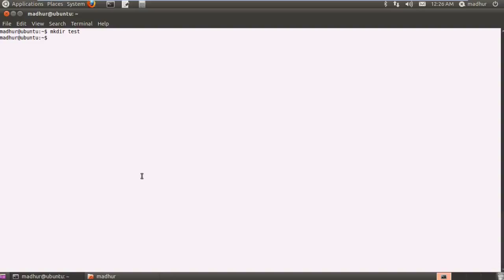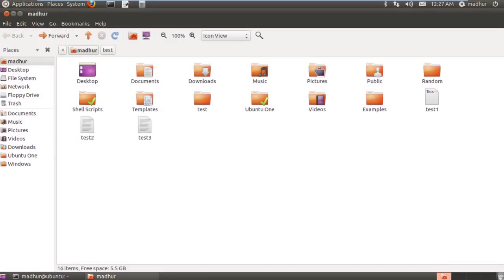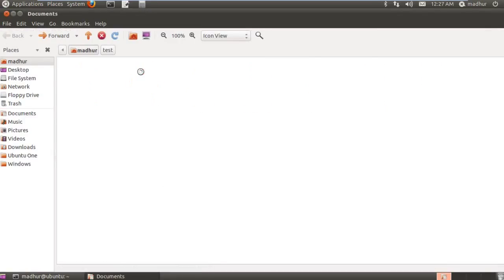So instead what we can do is we can execute this command, mkdir documents/ because we want to put it inside the documents folder, and then we can give a name to our folder like test_folder, and press enter. And now you guys can see that in my home folder, in the documents